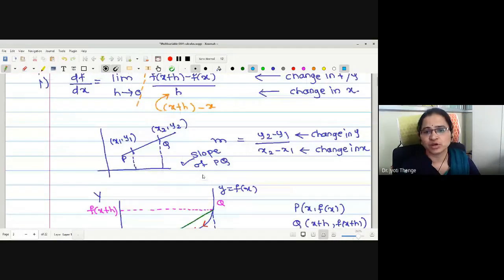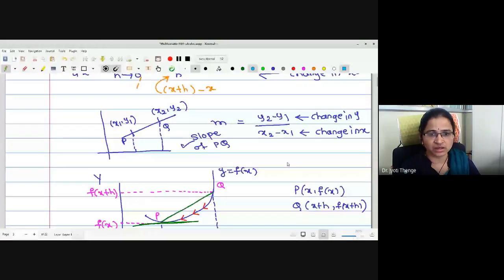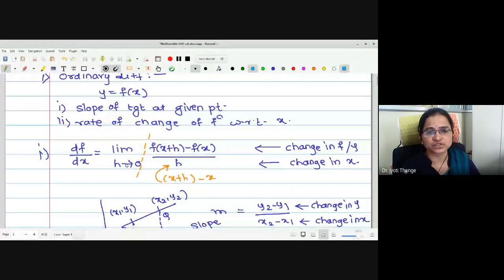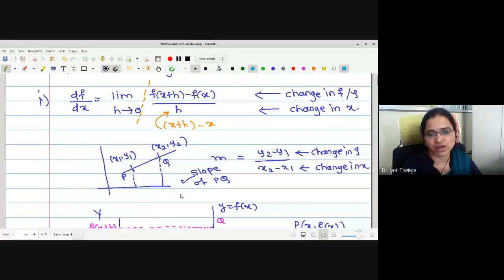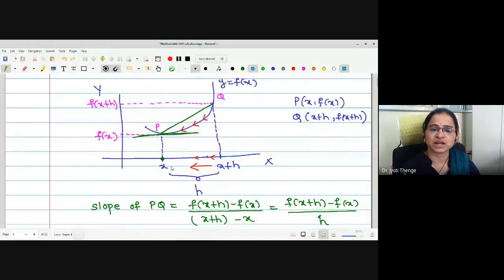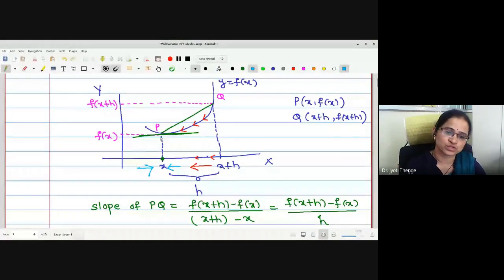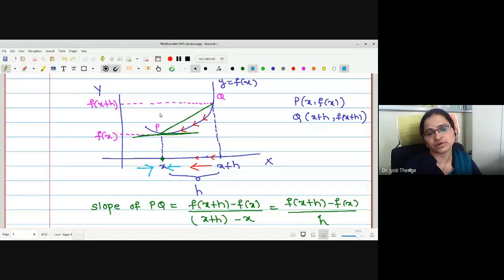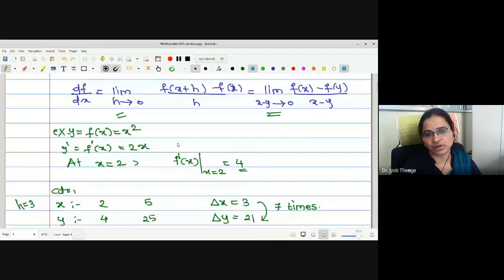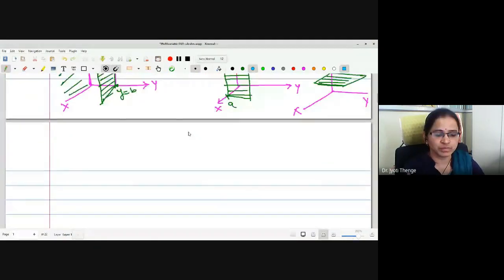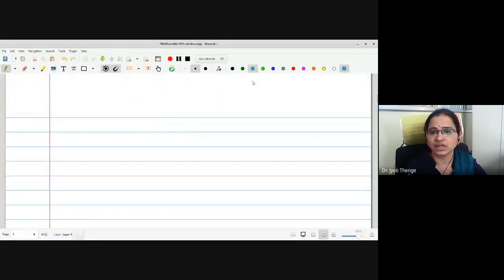Why? Because whatever limit we are writing here, limit h tends to 0, is actually limit h plus and limit h minus. No? Means whatever value x we are considering here can be obtained from both ways, from the right side and from the left side, and it is giving you the actual value also. The ordinary derivative gives the continuity at the given point, but the partial derivative fails to imply the continuity. Let me just explain. Before writing, I have to write the continuity definition.